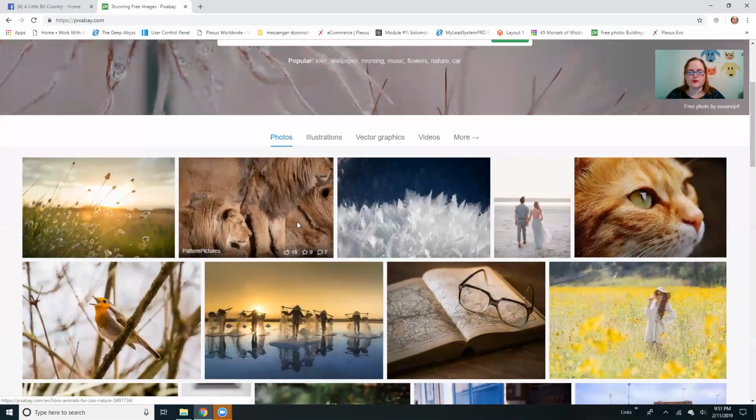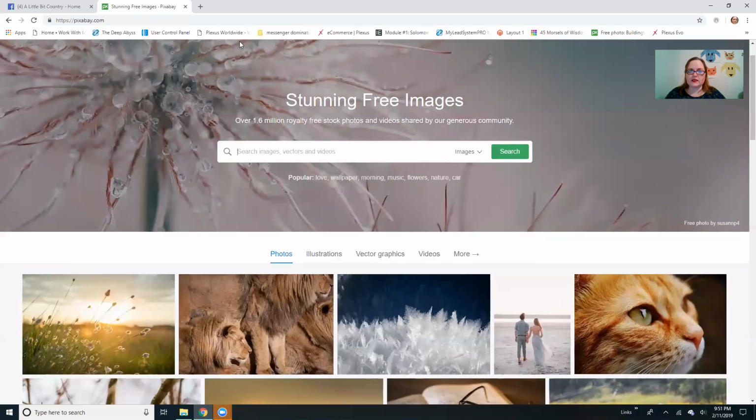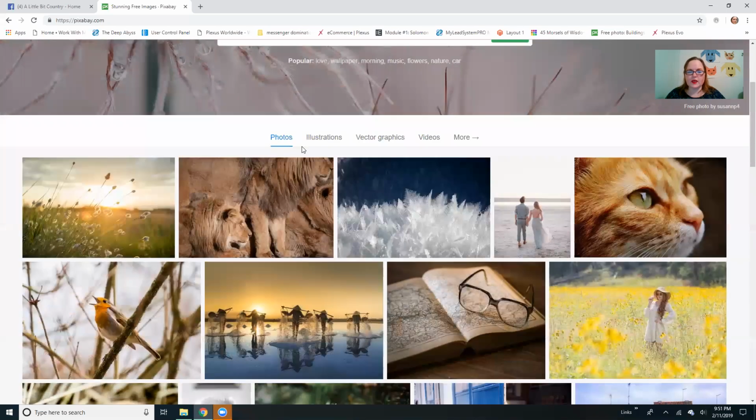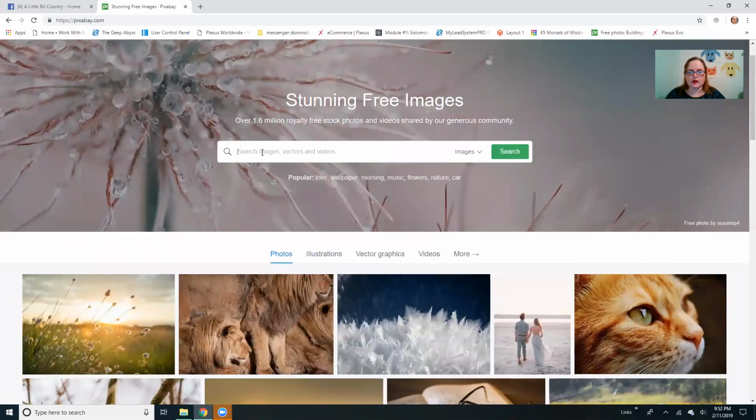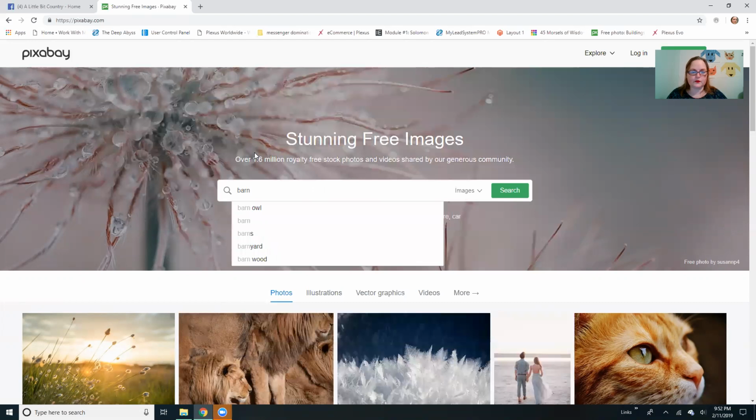And so this is a website called Pixabay.com, and basically it's free images, and you can search for something. Like I'm looking right now for a picture of a barn. I love pictures of old barns. I'm going to post on one of my Facebook pages. So I'm going to look for a barn